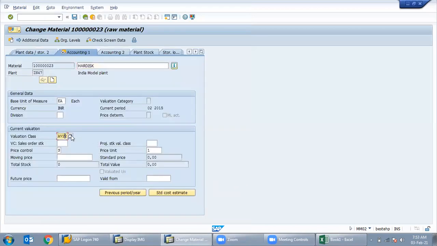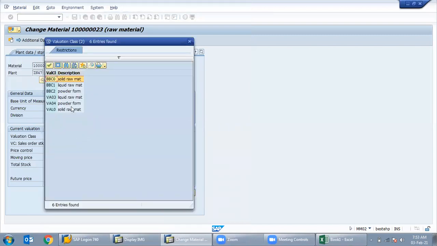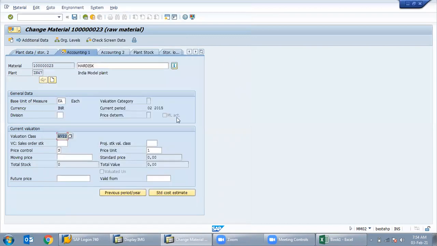Suppose this valuation class is coming from where? How is it in the drop down, where is this material valuation class coming from, how is it configured? Putting it from the drop down at the time of master data creation is the job of the end user. That is correct. But configuring that valuation class, creating the new valuation class, is not the job of the end user, it's the job of the consultant.